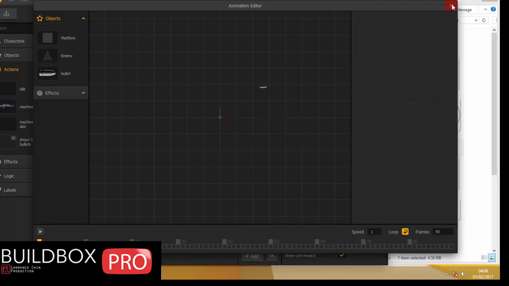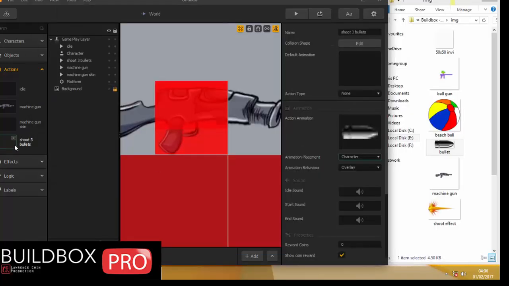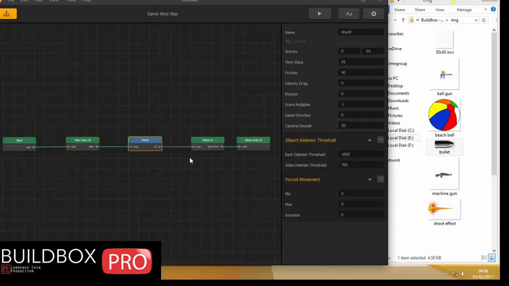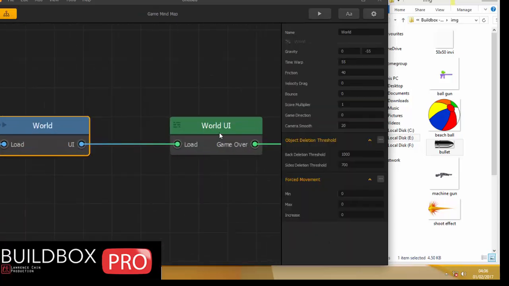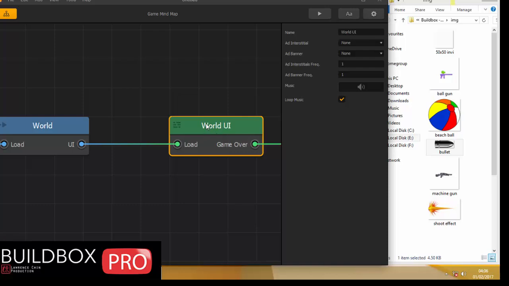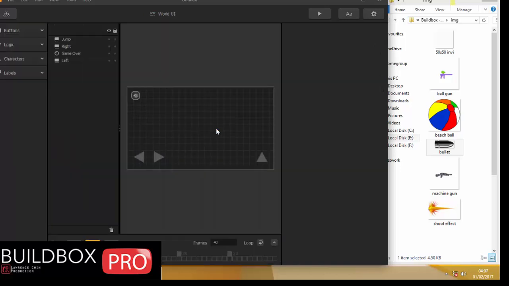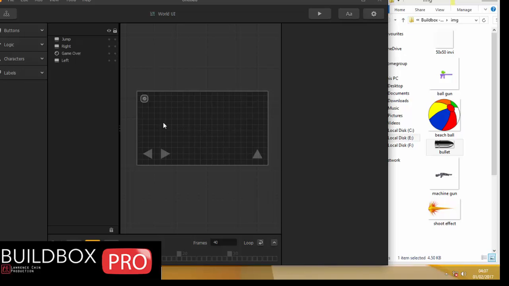Okay, now that we have shoot 3 bullets, then we need to set our shooting UI. This UI is for our main character idle, which means when you are in idle mode, there is no shoot button because you are not carrying any gun. Okay, you're not equipped with